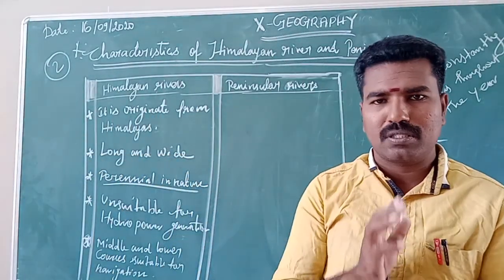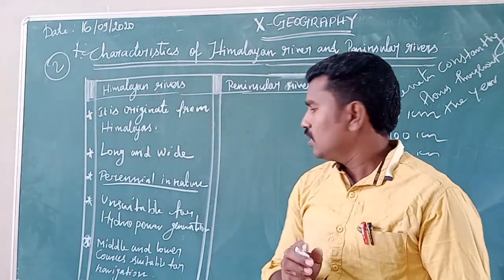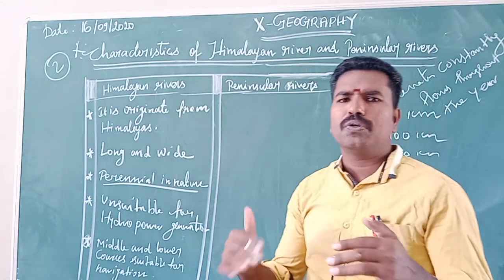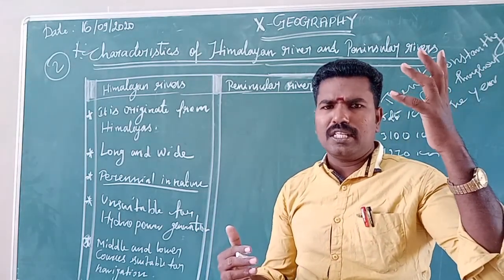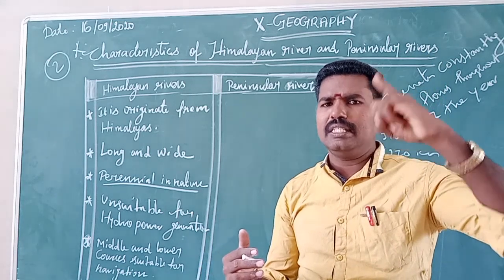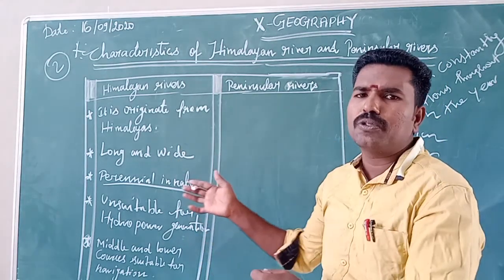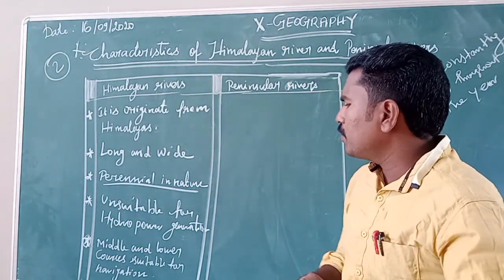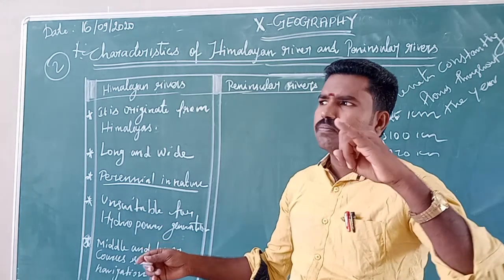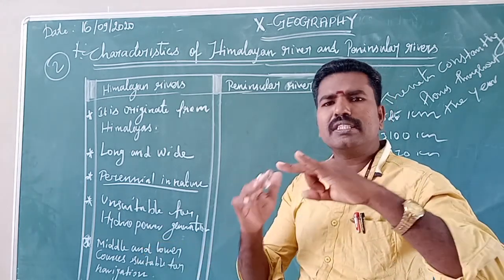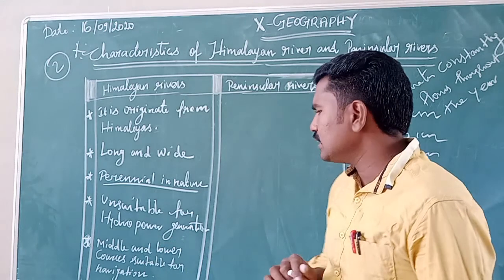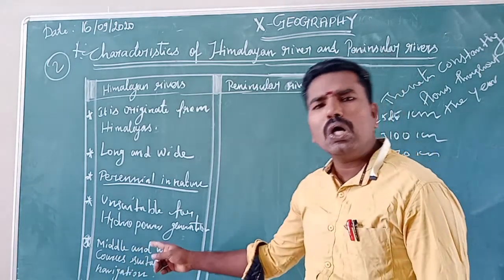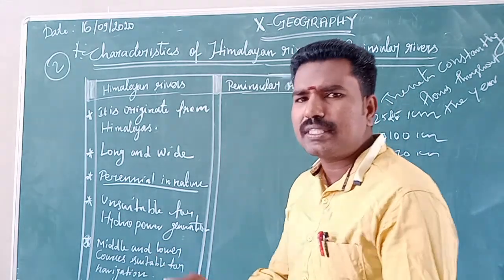The river has three stages, three courses. If you go to higher study, the river courses are classified into three majors: youth, maturity and old age. But in our books, they are given as first order courses, second order courses, and third order courses. Here, the middle order and lower courses, I mean the second and third courses,